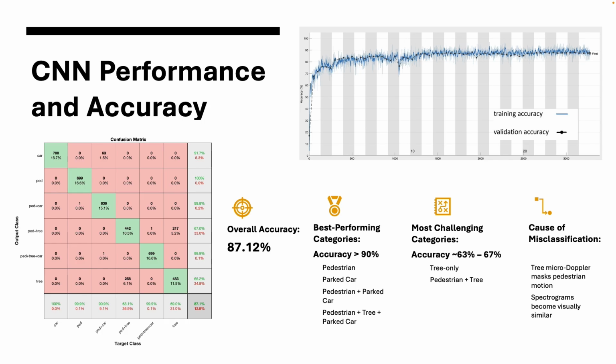Despite strong overall performance, the CNN struggled with 2 specific categories, which are tree only and pedestrian plus tree, where classification accuracy dropped to the 67% range. This is largely due to the micro-Doppler interference caused by tree branches, which mimics pedestrian motion or dominates the human signature. As a result, the CNN often confuses the two, especially when the pedestrian's micro-Doppler signature is subtle